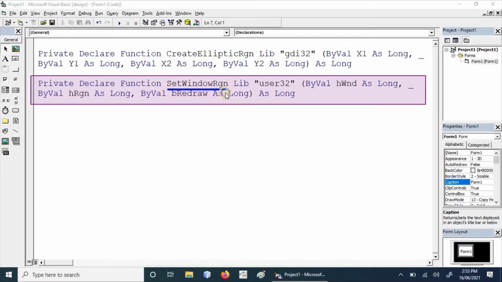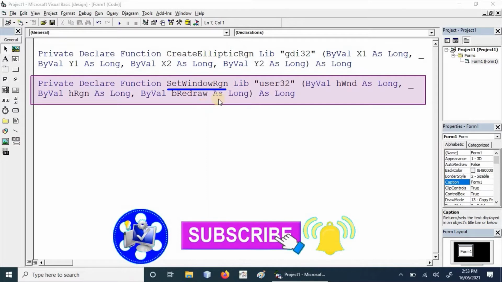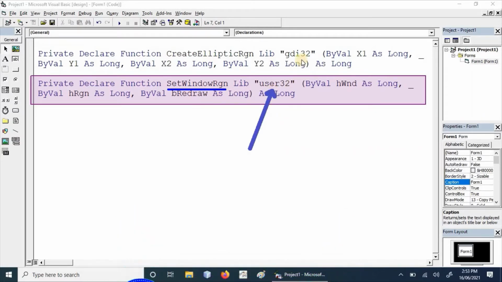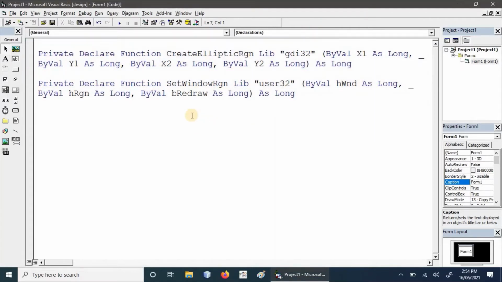By its name we can understand that this is used to set the source window's region, that is, to reshape it. The second API is part of the user32 library, and the first one is from the GDI32 library. These two APIs belong to different library or DLL files. So let's start by using these library files.